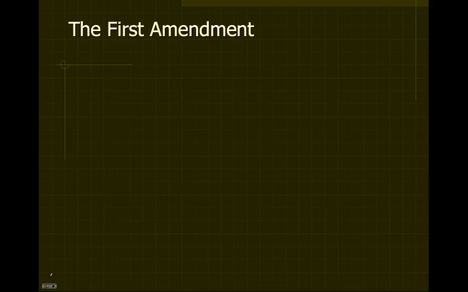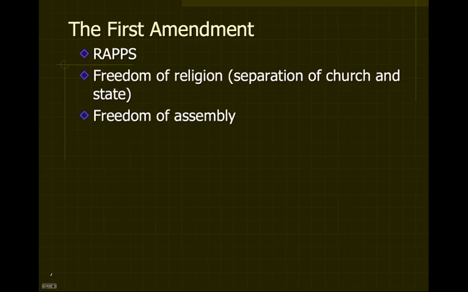And so we'll go through the Bill of Rights and talk about the different amendments. And in the Bill of Rights, there are 10 amendments. So we'll talk about the first 10 amendments, particularly the First Amendment, which, if you need a little device to remember the parts of the First Amendment, you can remember RAPPS, R-A-P-P-S, because we have the freedom of religion, which